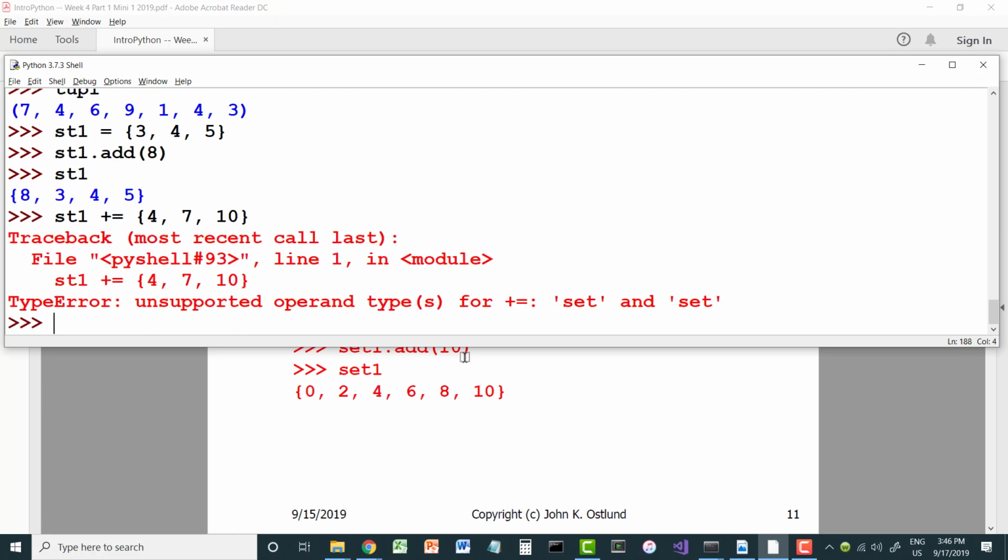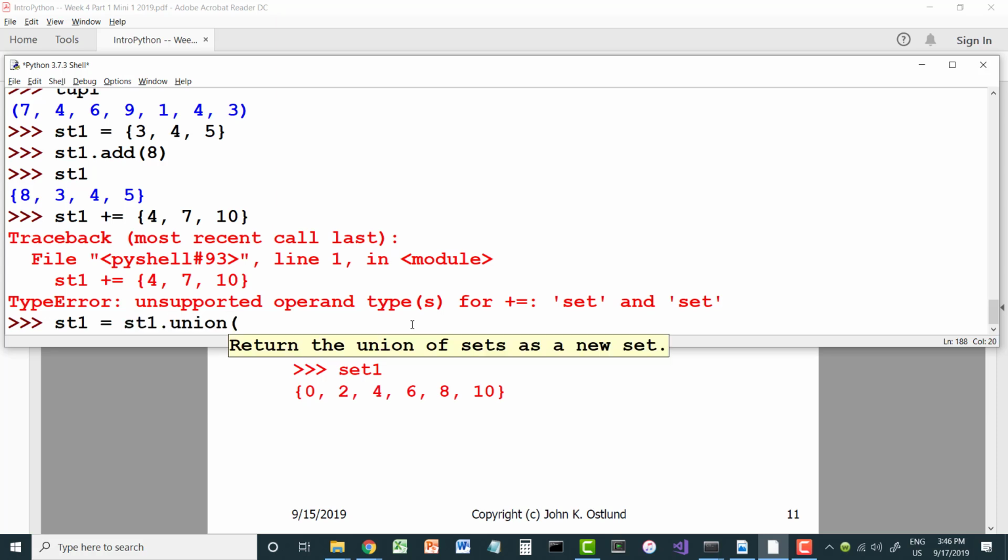In my mind, that might make sense. The plus gets might imply to me, well, I'm really just wanting to add those values into the set, and that's fine. But Python doesn't support plus gets for sets. So in order to get what I want there, I need to say st1 gets st1.union, and with union I can specify